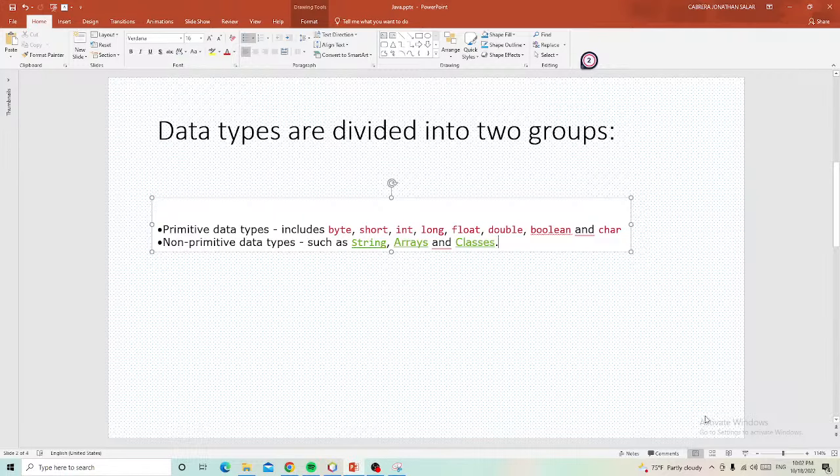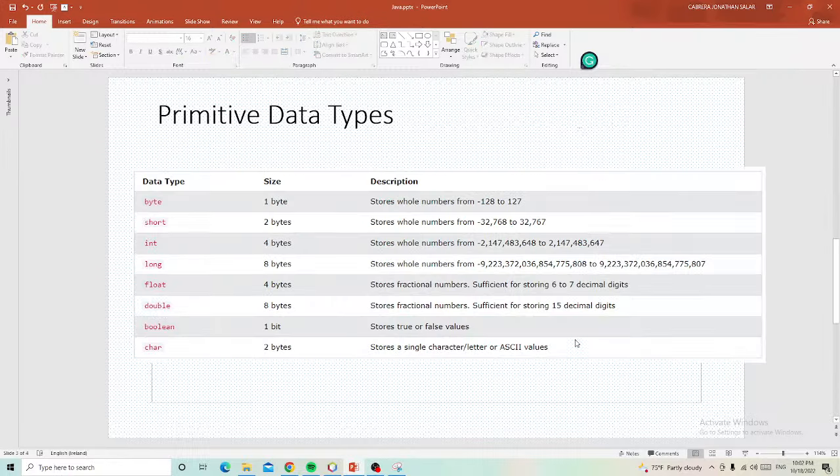Next, these are the eight primitive data types with their size and description. The first one is byte. In information technology, the unit of data is considered a bit, and 8 bits is equal to 1 byte.